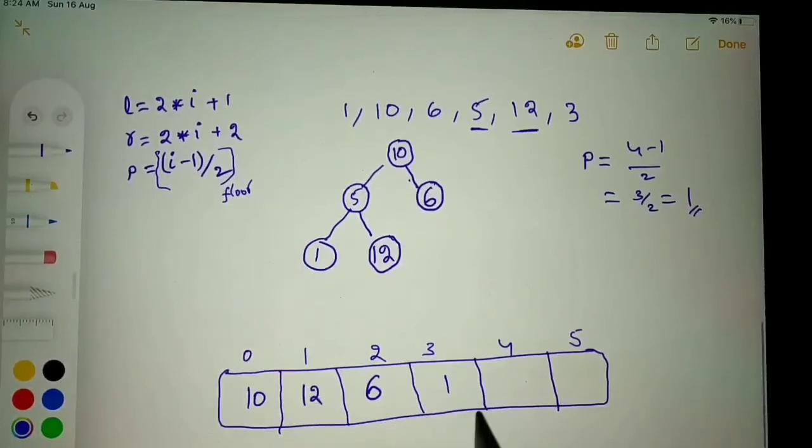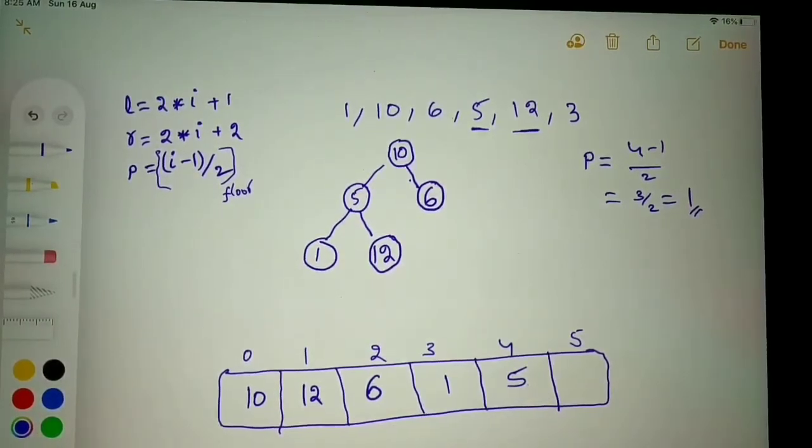12 should come here and 5 should come here. Again I will compare 12 with its parent. 12 is at index 1. For index 1 the parent is 0, and at index 0, 10 is there. 12 is greater than 10. These two need to be swapped. Let's do it.